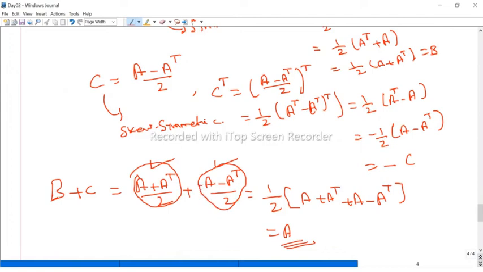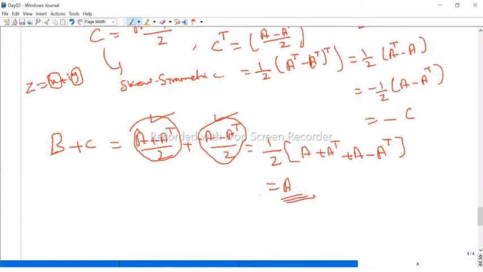If we take a complex number, it has a real part and an imaginary part, right? Because any complex number we can write as x plus iy, so this x is called the real part, this y is called the imaginary part. So similarly here, any square matrix we can write as a sum of symmetric and skew symmetric. So if B is symmetric and C is skew symmetric, then B is called the symmetric part of A and C is called the skew symmetric part of A. Okay. So any square matrix can be written as a sum of a symmetric and a skew symmetric matrix.